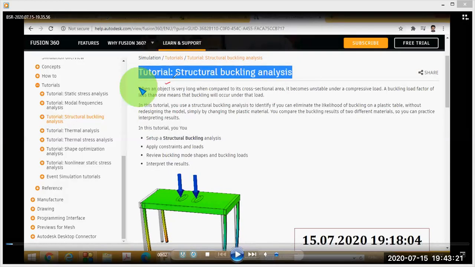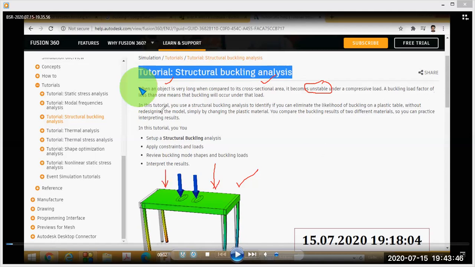When an object, so here you can see this is the object. This object is actually a plastic table. When an object is very long compared to its cross-sectional area, it becomes unstable under a compressive load. So you can see the compressive load.